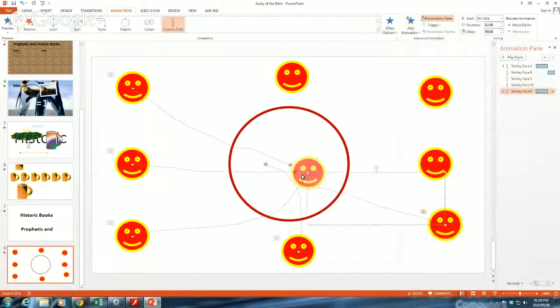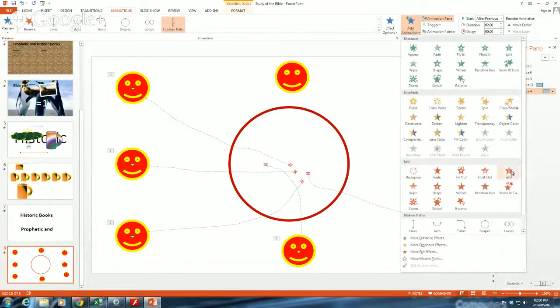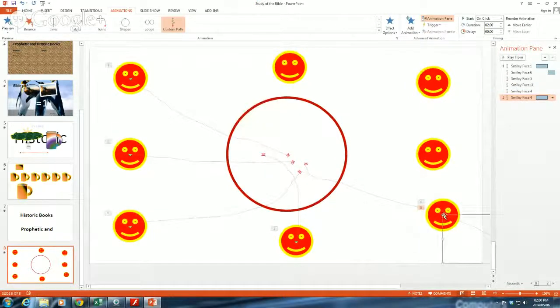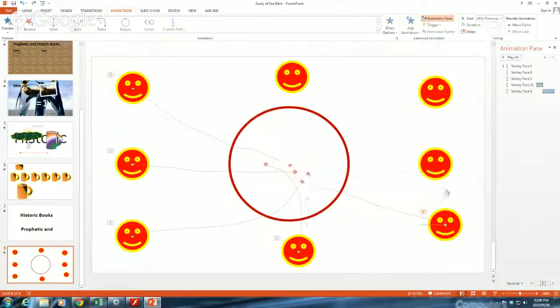Yeah, I want this one to come back. So I'll ask him to play after previous, but if I want him to go in the circle and come back, I can simply go to add effect, still use custom part, and make the second line from there to here. This means simply that when he goes in here,